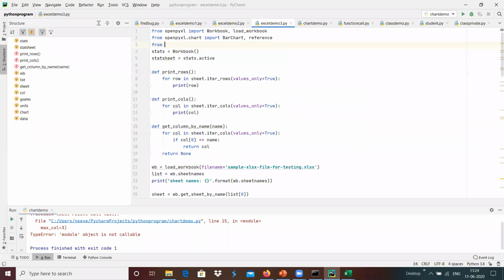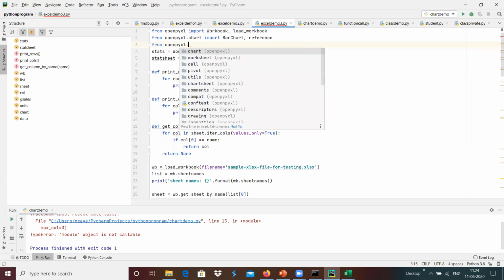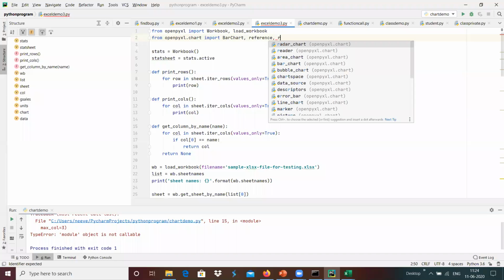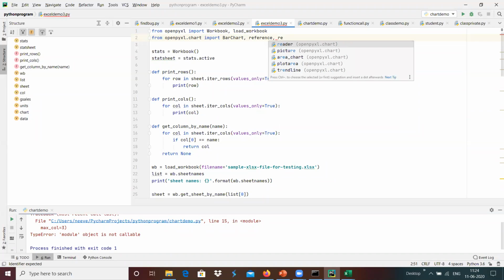Maybe from openpyxl.drawing import drawing. This will not come, and we have the reference reader over here.